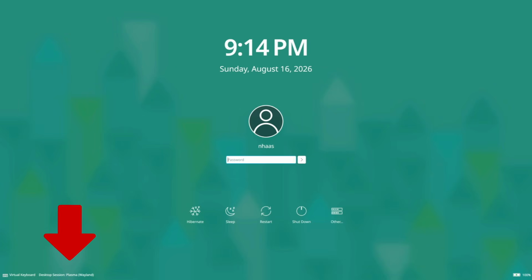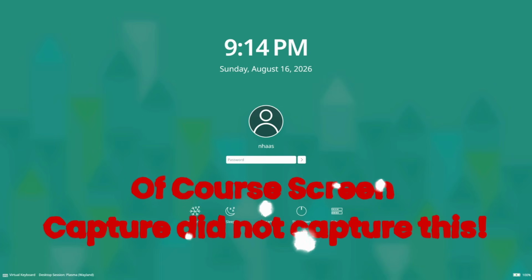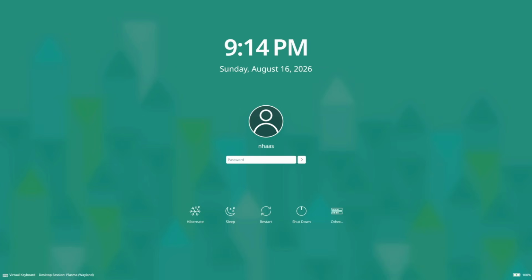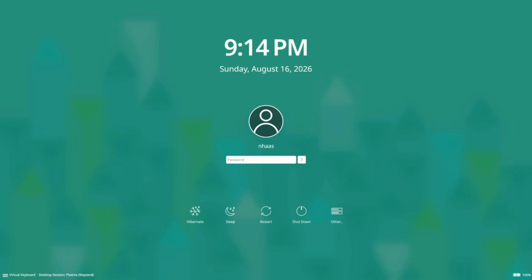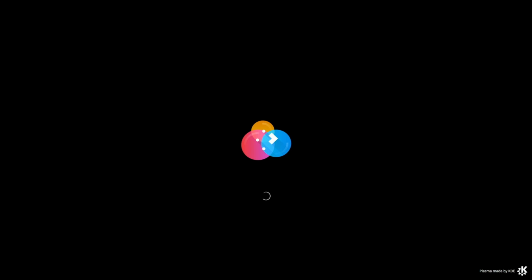You'll log out. Then what you're going to have to do here is find the desktop session in the bottom left hand corner. You click on it and select Plasma Bigscreen, and of course it doesn't show on my desktop, so why wouldn't it? Change that to Plasma Bigscreen and then log in. So now what you're going to see is Plasma Bigscreen,